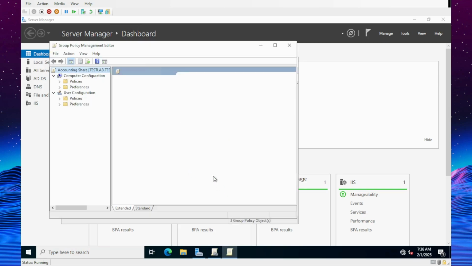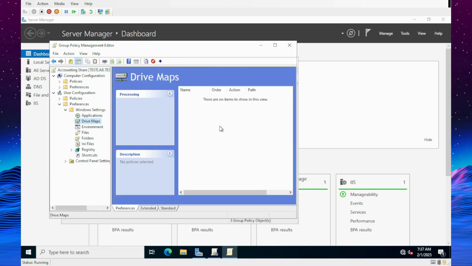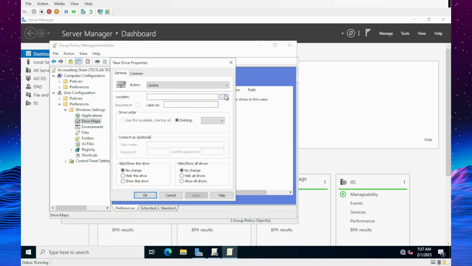Now let's edit the group policy. So inside of our user config, preferences, Windows settings, we have our drive maps. Right click in here and do map to drive, and let's call it